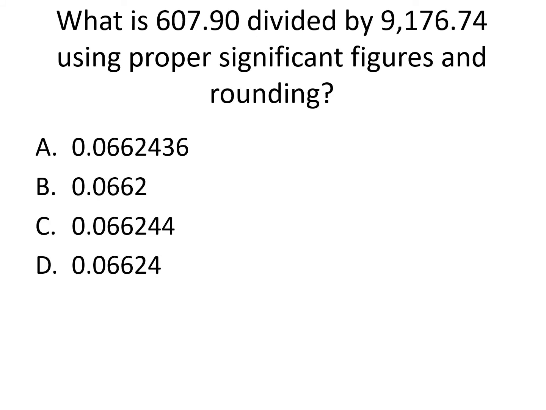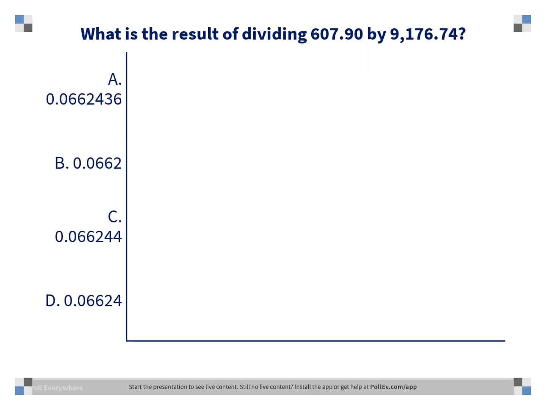What is 607.90 divided by 9,176.74 using proper significant figures and rounding? Is it A, 0.0662436, B, 0.0662, C, 0.066244, or D, 0.06624? The correct answer is C,